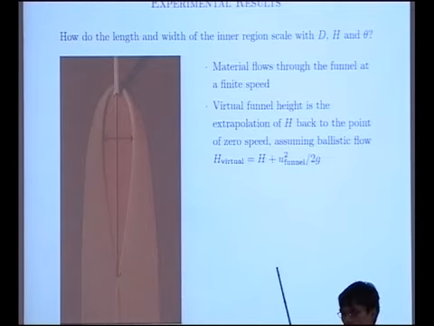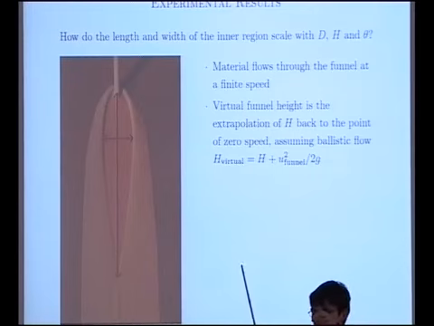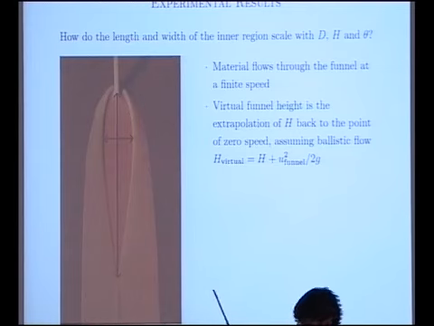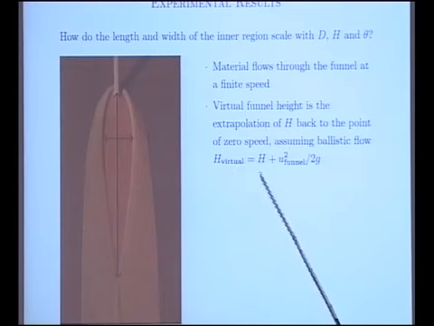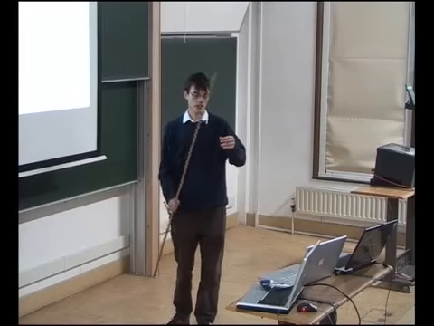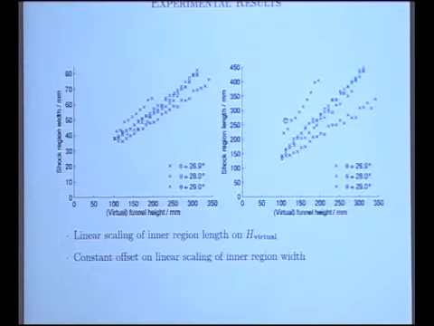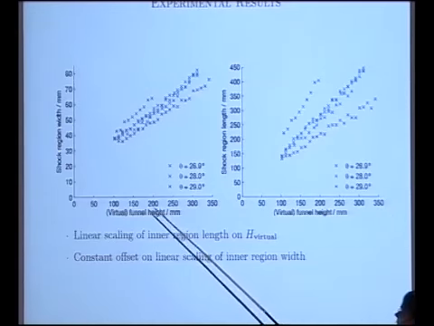Now, here I make a correction to the height because the material moves out of the funnel at a finite speed, and perhaps a more relevant quantity for scaling is the sort of virtual origin, which would be the point at which the material is released at a velocity of 0 and then falls ballistically. So we can define a small correction to the height, called h virtual, which is just the height from the bottom of the funnel to the plane, plus a small correction which extrapolates up to the point at which the